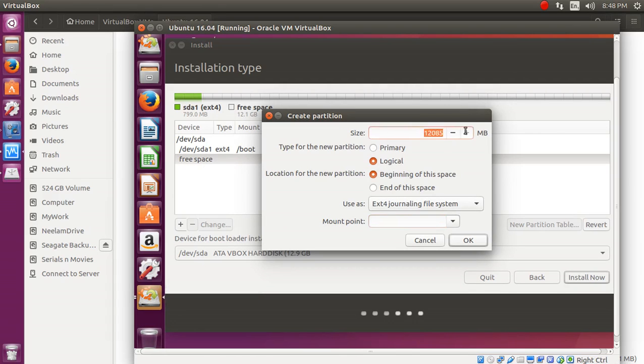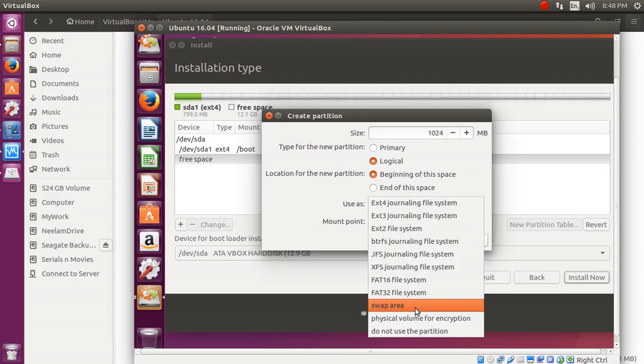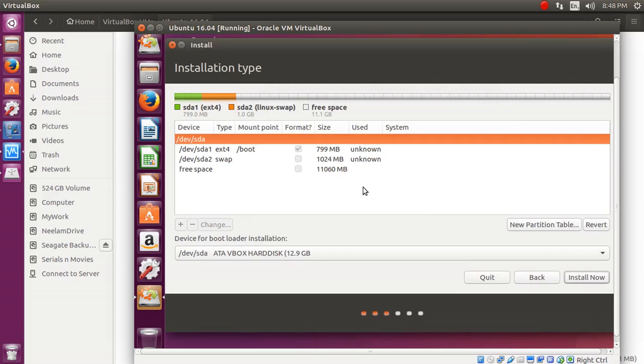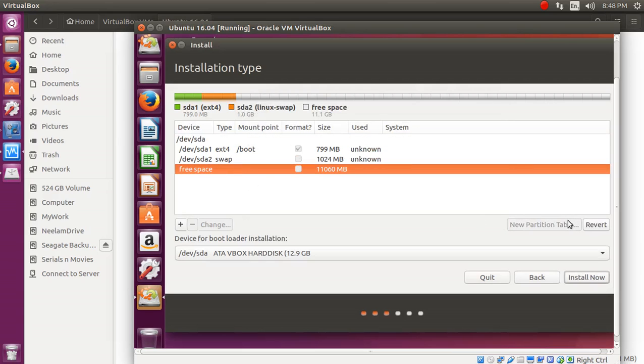I will install right now 1024 MB as a swap partition, but I would recommend going for approximately 4 GB or more than that as a swap partition. I will install that as a primary location. Fine, I would recommend it. If it's not possible, then leave it as it is, I don't mind. Go for the rest of the partition as a